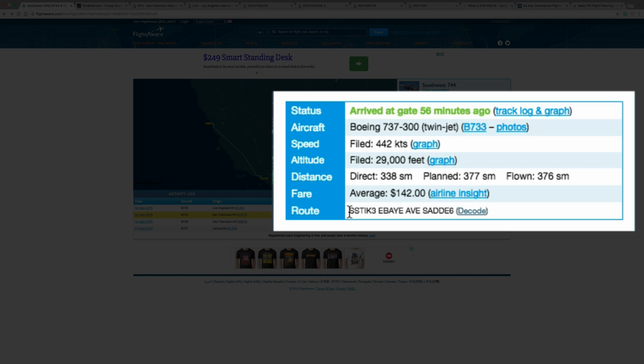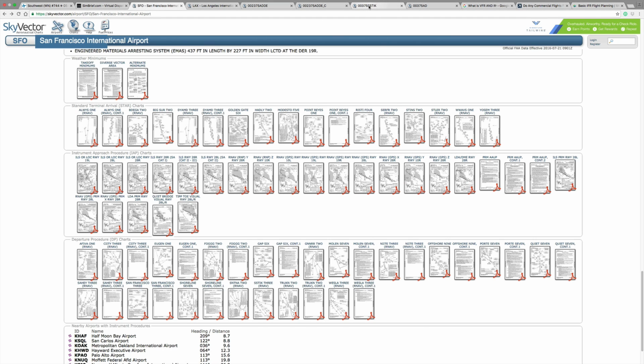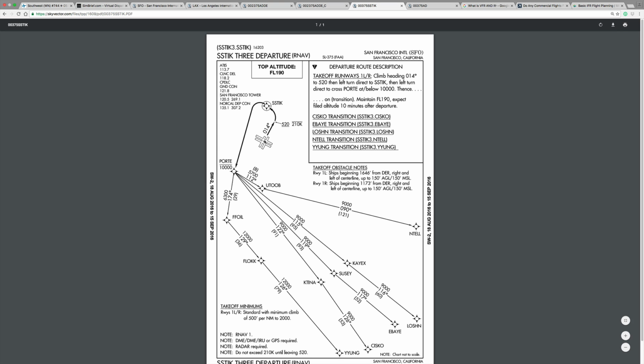So let's start with our standard instrument departure, SID. So let's start with this, the SSTIC3 to eBay. Okay, so you go over here. We looked it up. San Francisco chart, SSTIC3. We came over here. We banged a left. After we got to 520 feet, we got to Porte. From Porte, we transitioned to eBay. Okay? We transitioned to eBay. And now that's it. From eBay, the flight computer, you put it in, it'll give you the rest of the